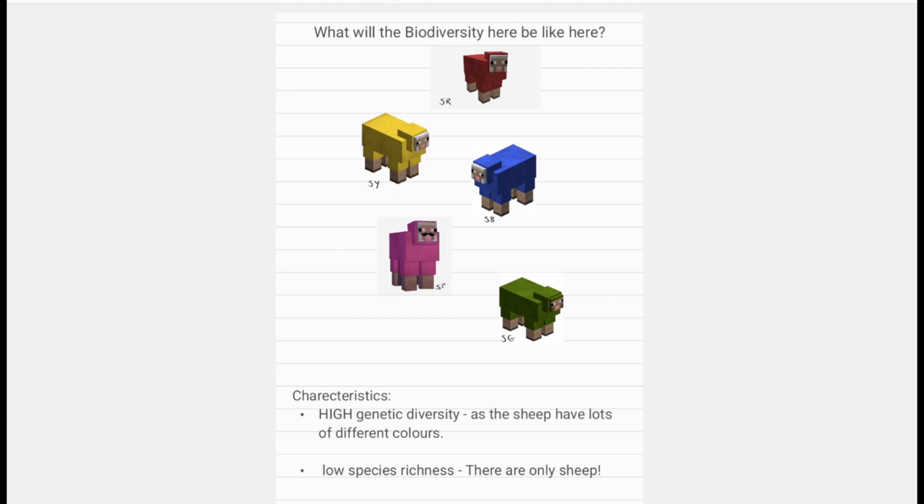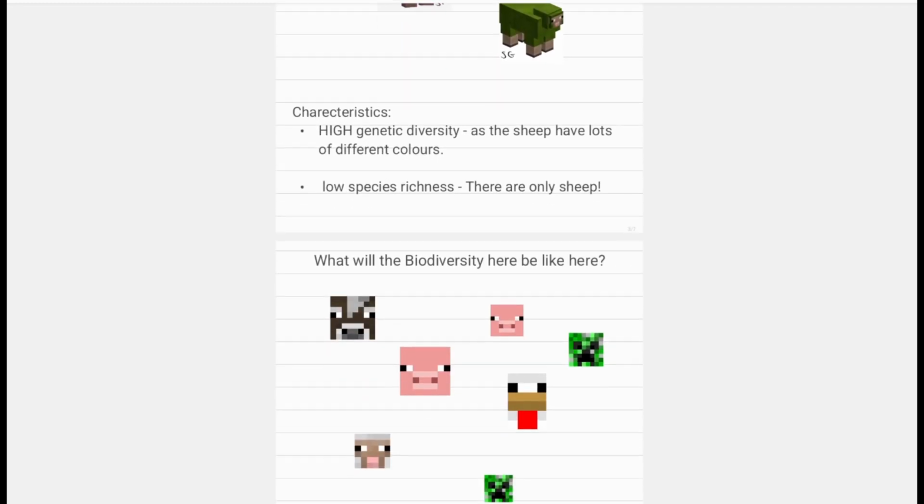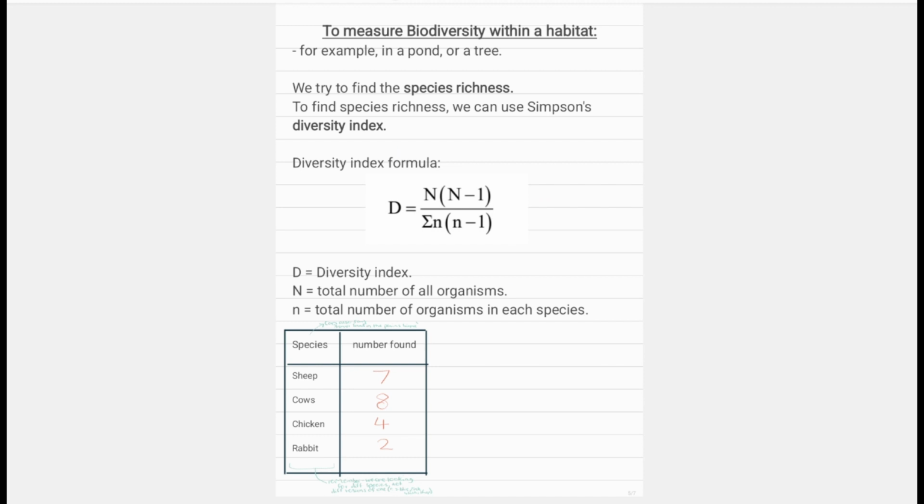So, here, what will the biodiversity be like? And I'm gonna go show the answers. Here's the answers. And here's the second picture. What will the biodiversity look like here? Here's the answers. And now we are on to measuring biodiversity because we can say there's high genetic diversity, however,